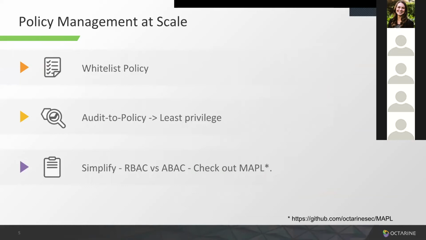So first, it's using a whitelist. It's much easier to characterize a workload by what it's supposed to do, what the intent for that workload is, rather than defining and verifying what an attack would look like.